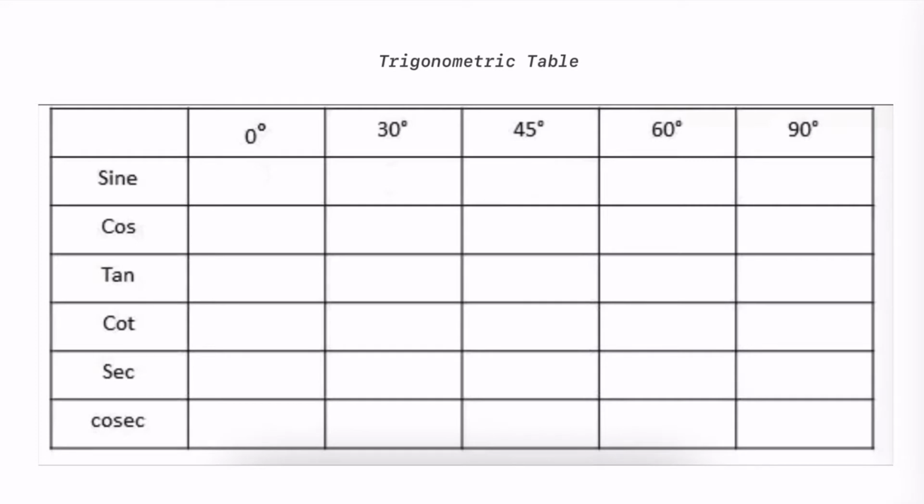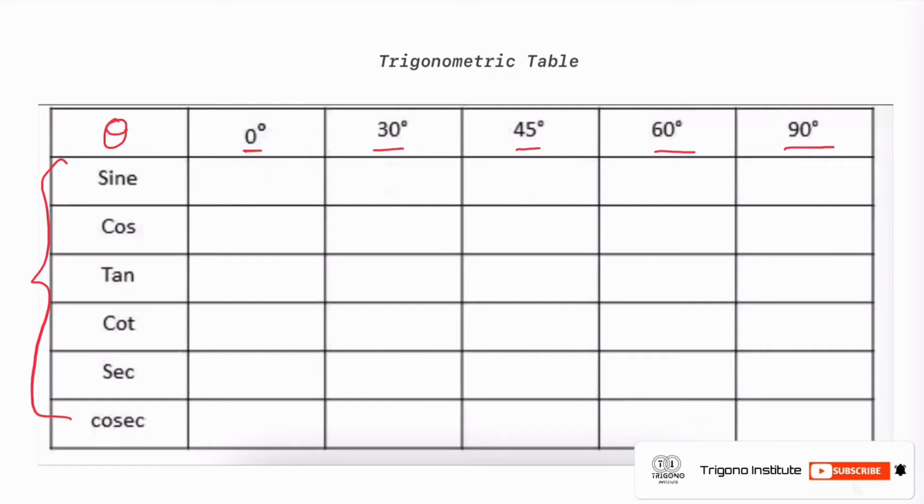So here I am back with another video regarding the simplest way to find out all the basic values of the trigonometric table. So let me begin. As you can see in this table we have some basic degrees, that is 0 degree, 30 degree, 45, 60 and 90 degree, right? This is a ready-made table. But on the other hand we have some trigonometric ratios, that is sine, cos, tan. These all are called the trigonometric ratios, and let us take the angle theta with all these trigonometric ratios. Okay, so how to find out these values?